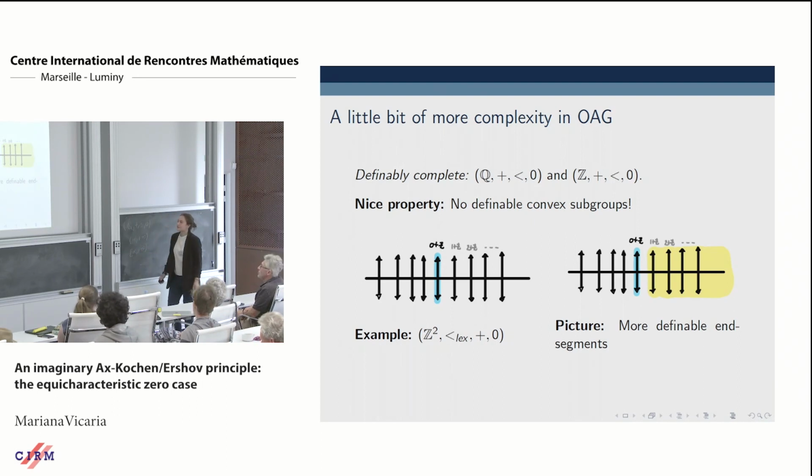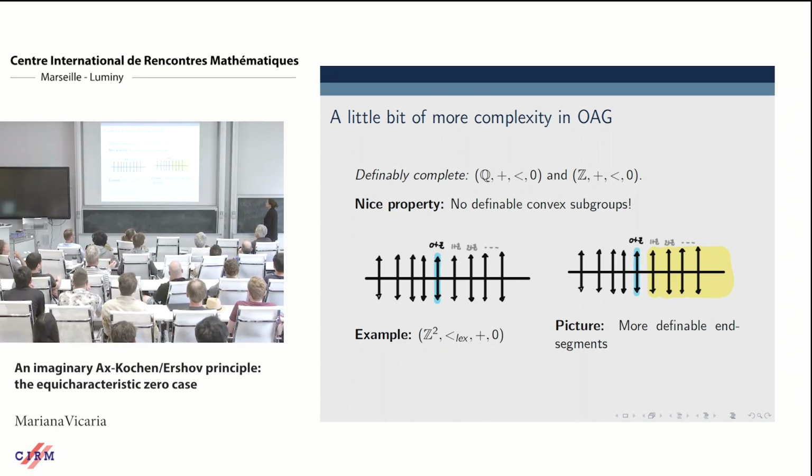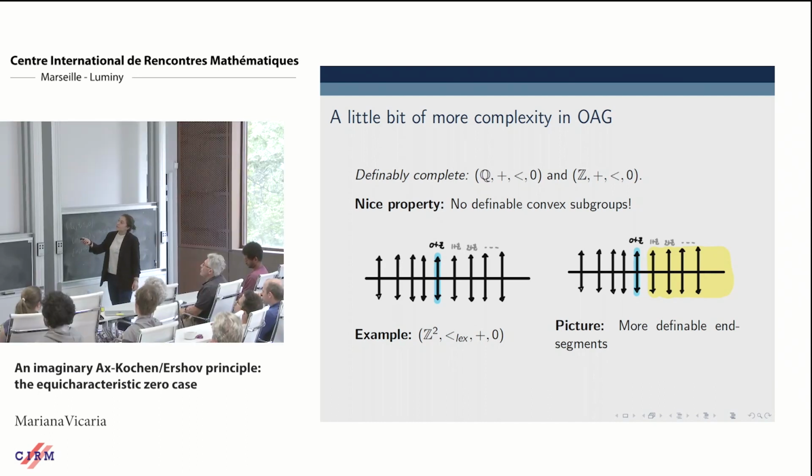Just intervals closed by some element alpha, right? So here, the thing is, not all the n segments are going to look like these two things. For instance, once you allow the presence of this convex definable subgroup, you can also define this n segment that I highlighted in yellow, that is in essence looking at those elements in the order-Abelian group